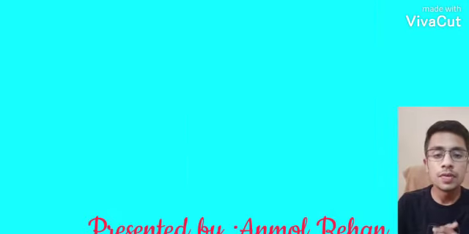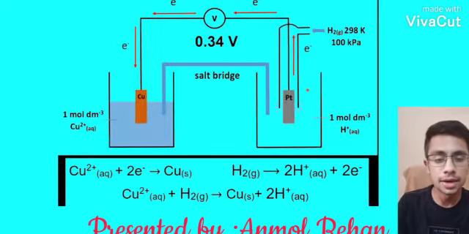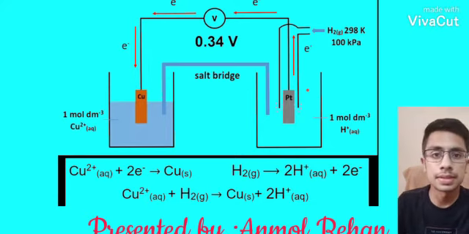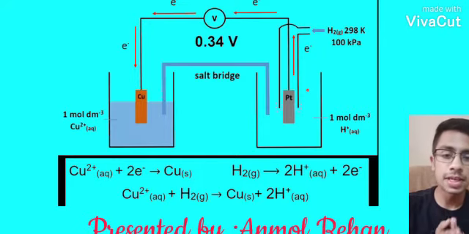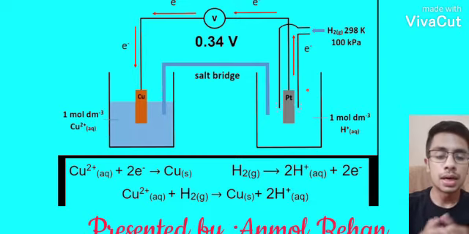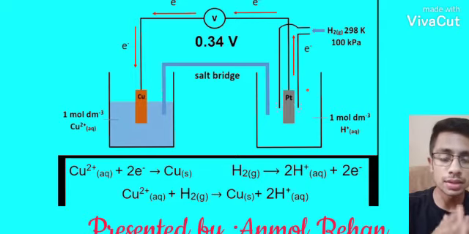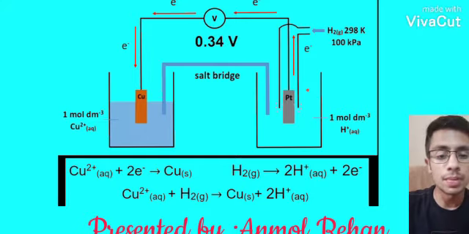Now similarly, we will take the case of a copper half cell connected with SHE, the standard hydrogen electrode, and see what happens. In the case of copper, you will see that the totally reverse reaction occurs. In the first case, zinc's case, the hydrogen electrode was at the cathode, but in copper's case the hydrogen electrode will be at the anode and copper will be at the cathode.